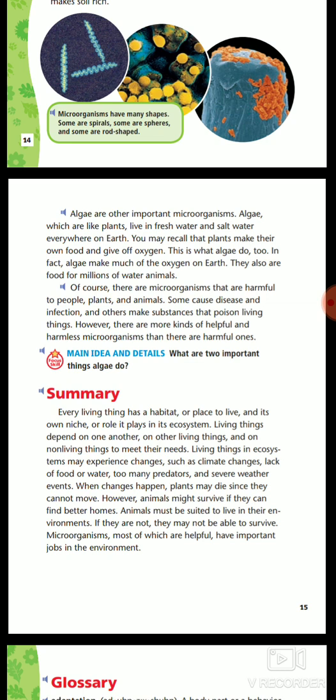Summary: Every living thing has a habitat, or place to live, and its own niche, or role it plays in its ecosystem. Living things depend on one another, on other living things, and on non-living things to meet their needs. Living things in ecosystems may experience changes, such as climate changes, lack of food or water, too many predators, and